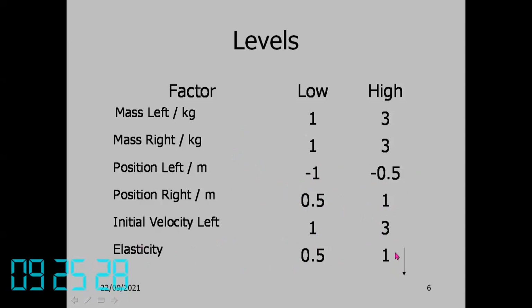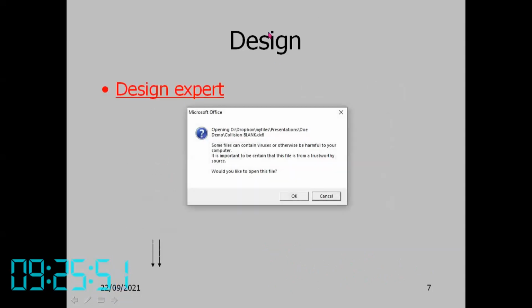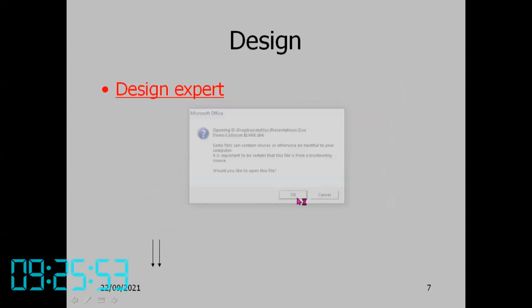Since in a screening experiment we choose only 2 levels, 0 and 1 is also possible, or you can take 0.5 and 1. I have arbitrarily chosen. If you have a doubt that this is not enough, we may have to do additional experiments later. If you want to cover the range 0 to 0.5, you'll have to do additional experiments later. Okay, so now I use the Design Expert software.